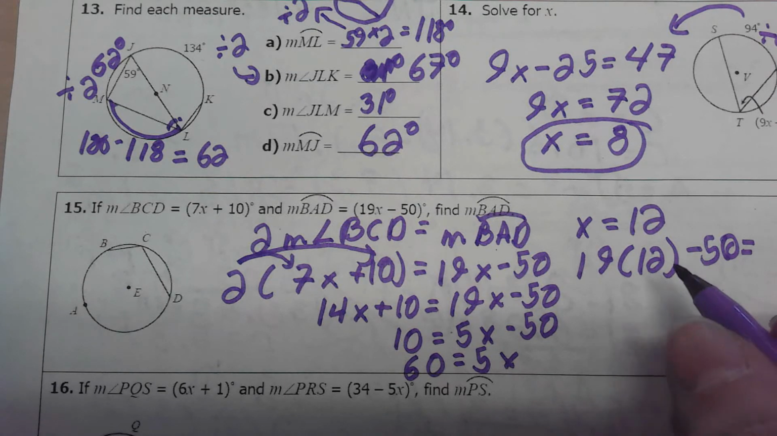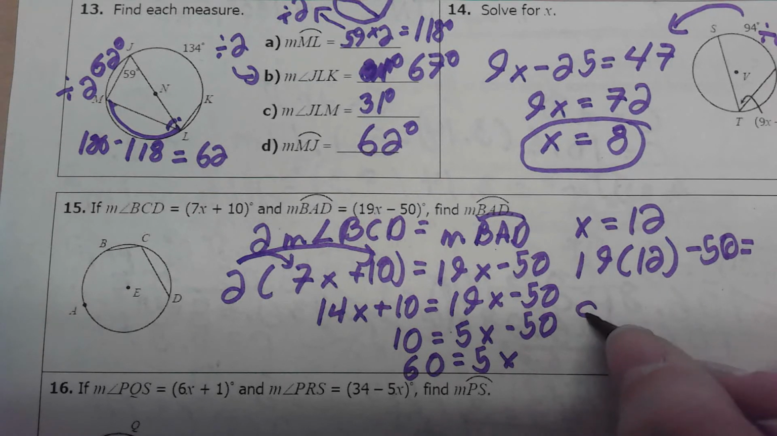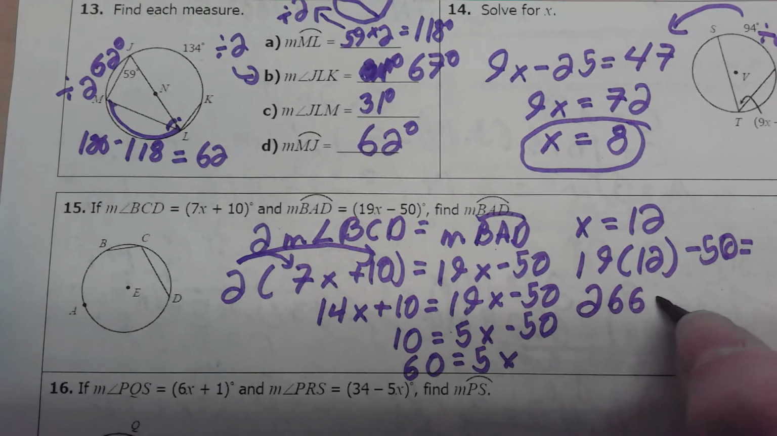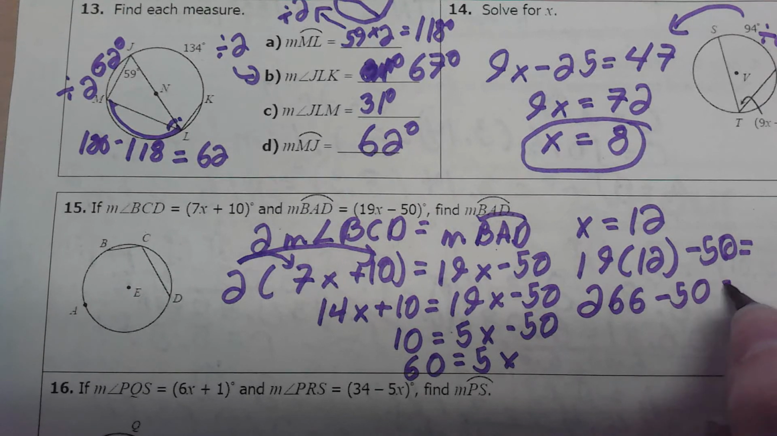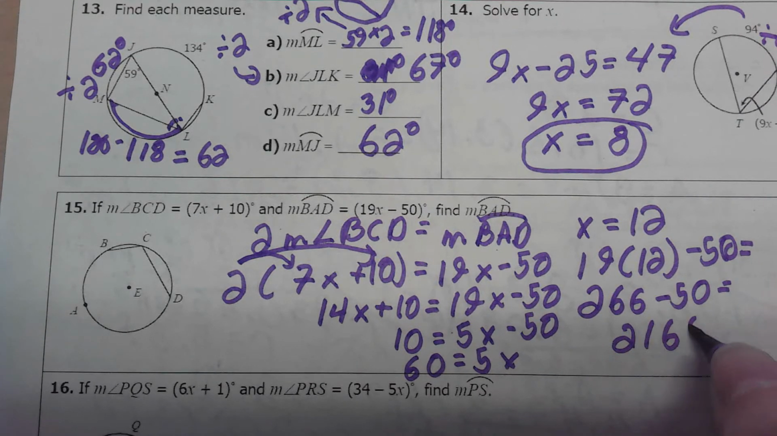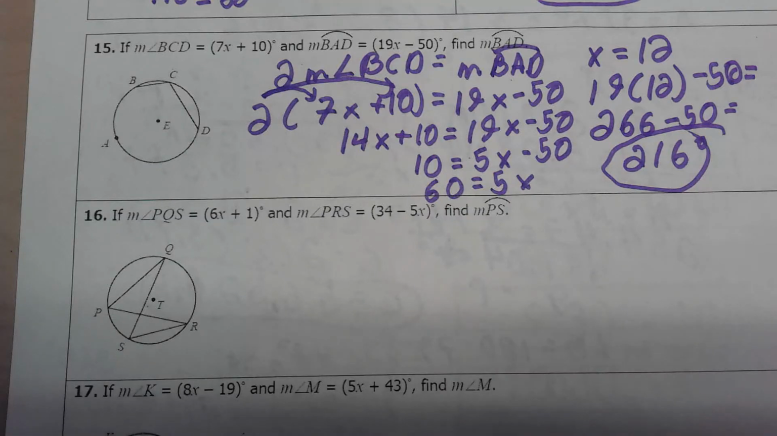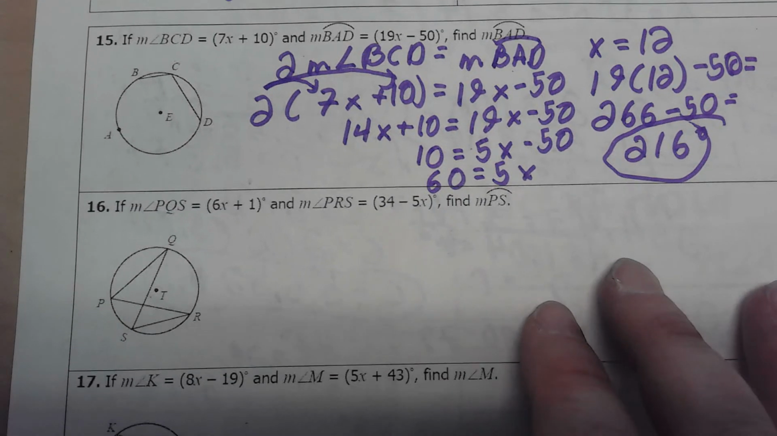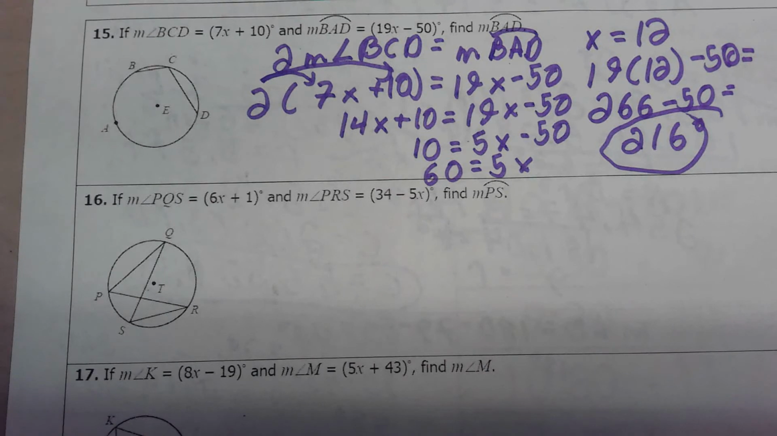So we get 266 minus 50 is equal to 216 degrees. Okay, so for this one, everybody, you need to remember that the overlapping arcs